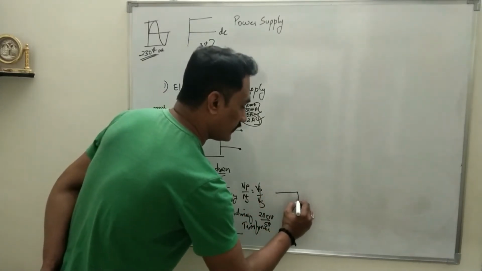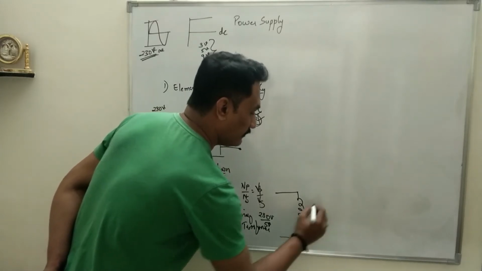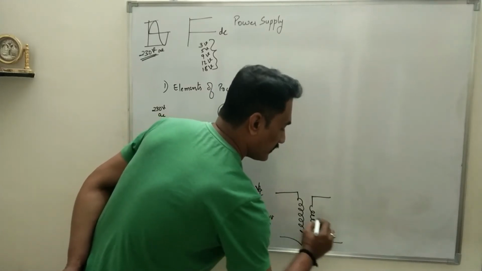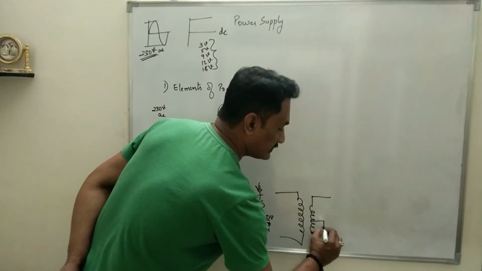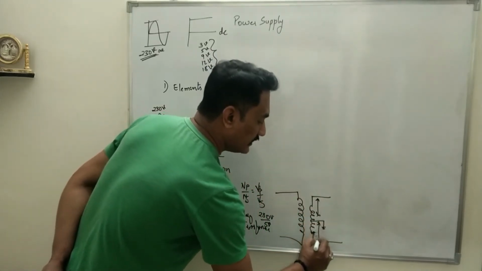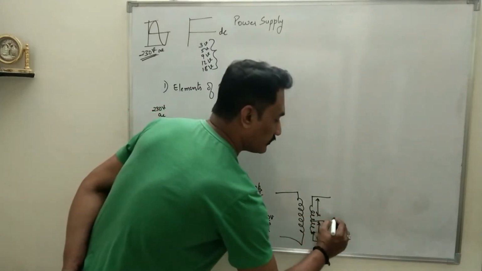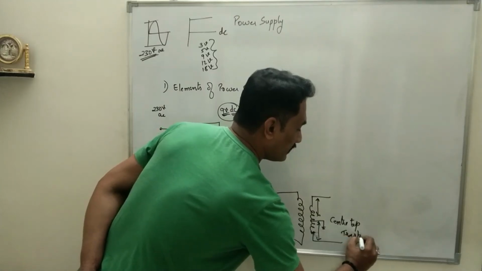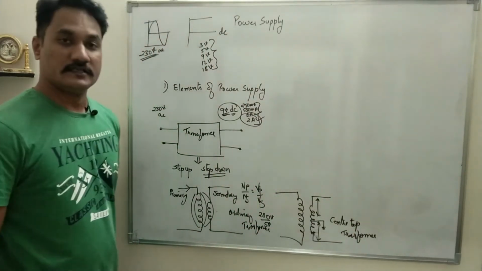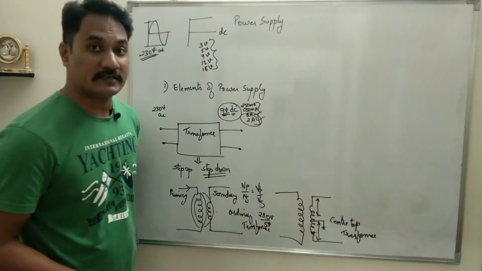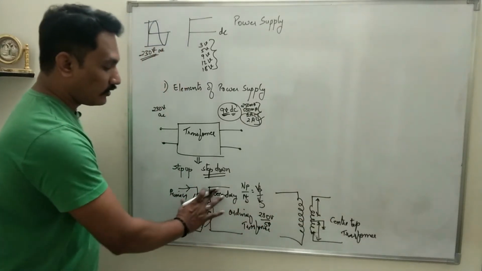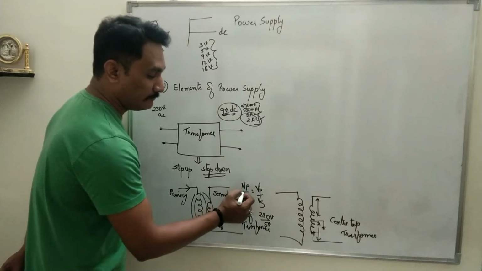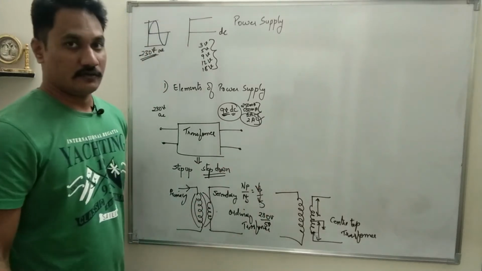If there is one more transformer where you have a primary coil and a secondary coil, and the exact center of the secondary is grounded, so the secondary is divided into two, this type of transformer is called a center tap transformer. In some applications we will be using a center tap transformer. For all other applications we will be using the ordinary transformer. The formula for the transformer will be NP upon NS is equal to VP upon VS.